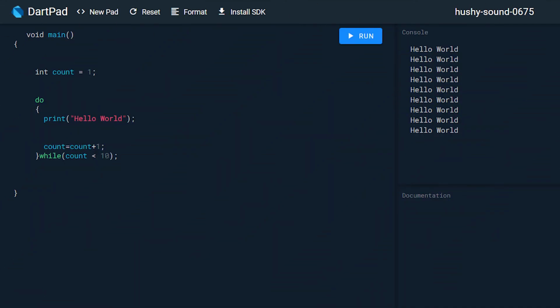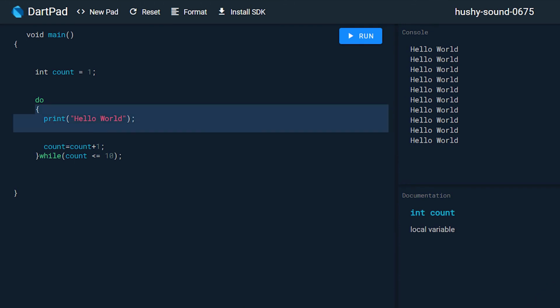And yeah, it prints hello world 9 times because the starting point of the counter is 1 and we have mentioned the condition that the counter variable is less than 10. So if we count the counter variable 1 to 9, in this case it iterates 9 times because we have mentioned the condition as less than 10, not less than or equal to 10. If we put less than or equal to 10, then in that case it prints hello world 10 times. So let's check. If we put counter variable less than or equal to 10 and then click on the run button, now it prints hello world 10 times.